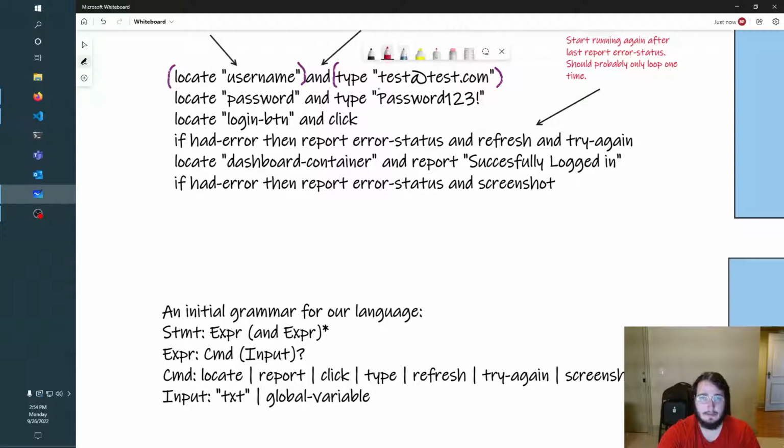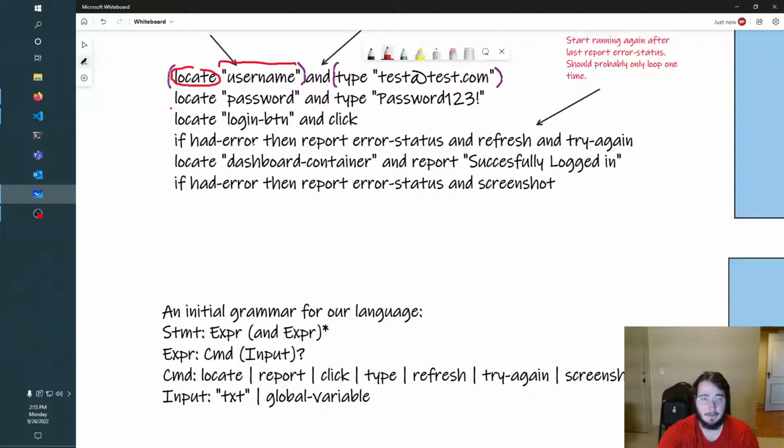So a command is going to look like this. An expression is going to be a command like locate, right? And then optionally some commands will take inputs like this username string, and I think that input is almost always going to be a string literal, or some kind of global variable that we can resolve,